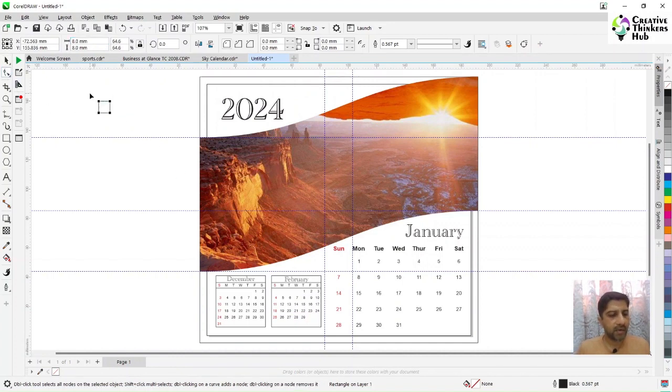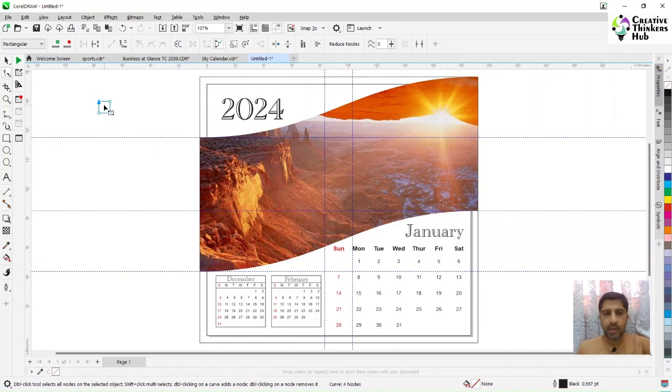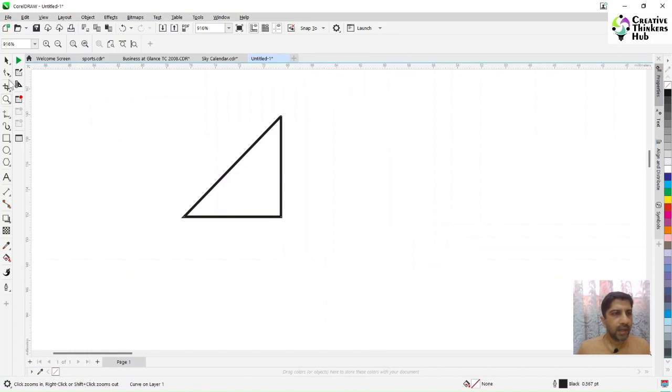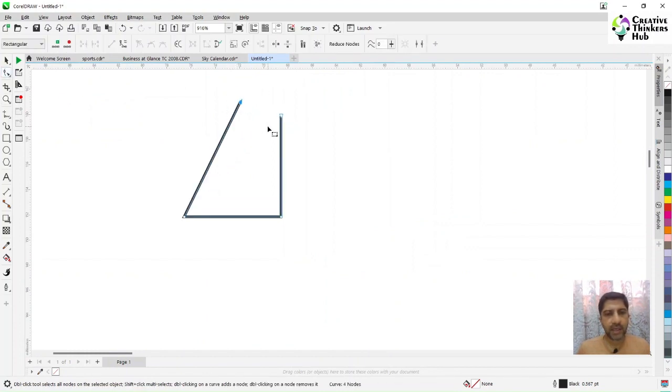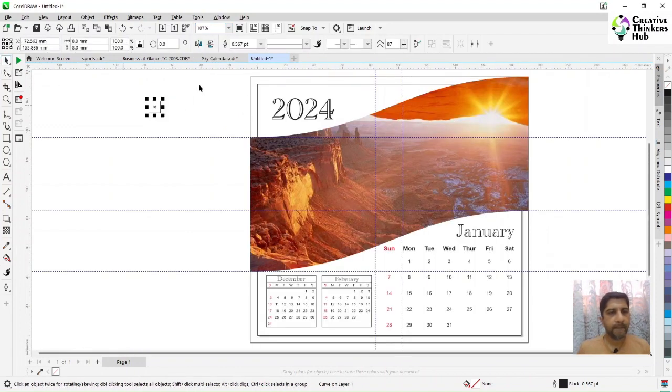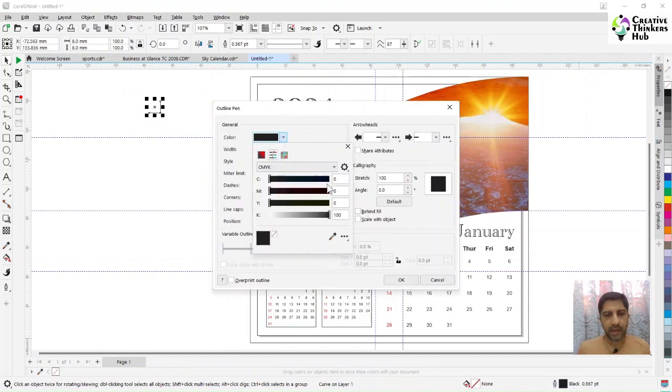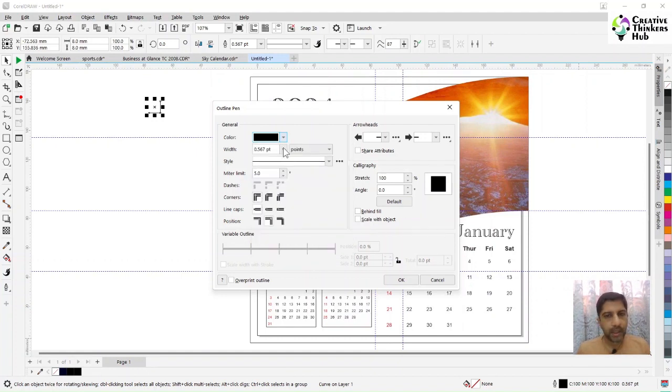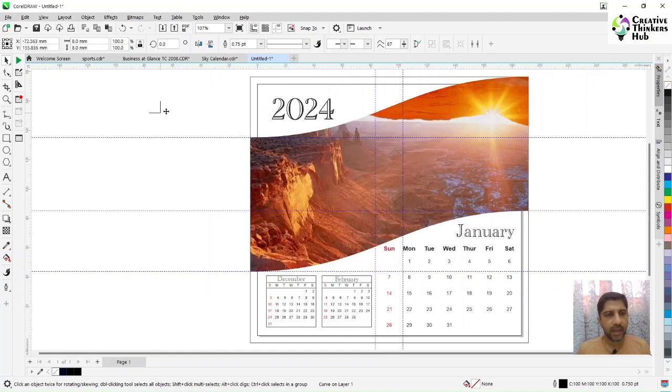And we know how to make our cut marks. Control Q, delete this point, come here, break it apart, yes, select this and delete it. Then we come here and we say that this line should be CMYK, everything should be 100, because you don't want this cut mark missing on any plate. It's extremely important to have the cut mark on every plate. If need be, just increase this from 0.5 to 0.75 point and bring it here,